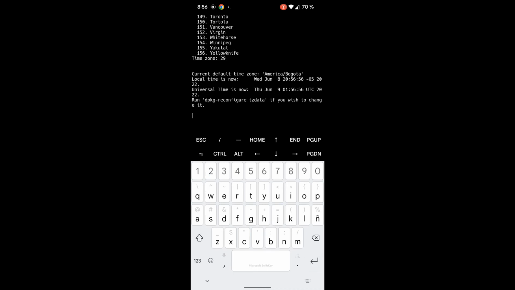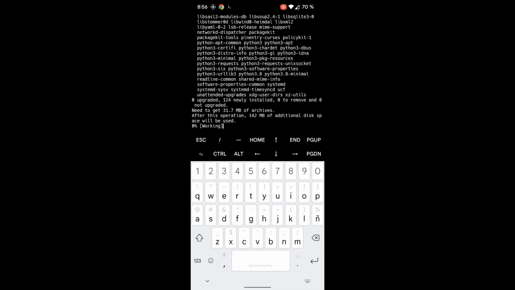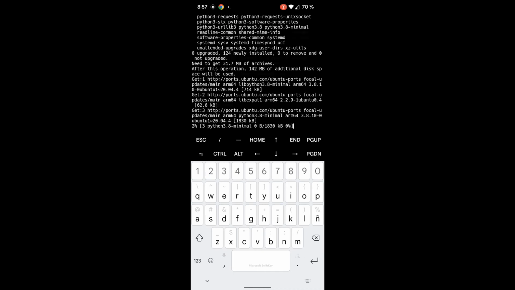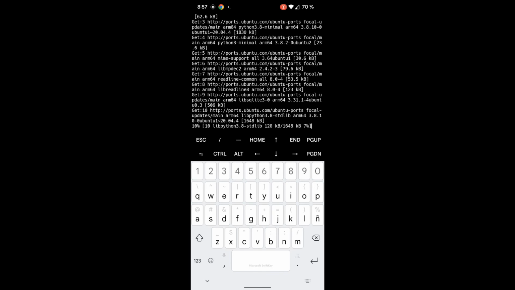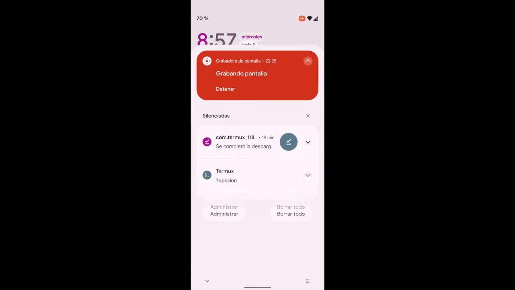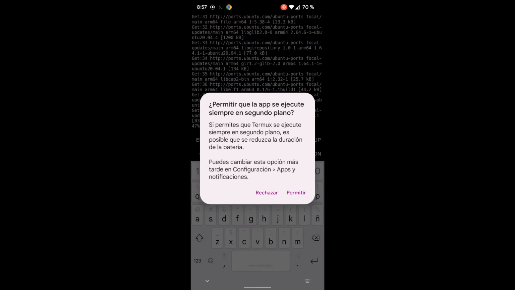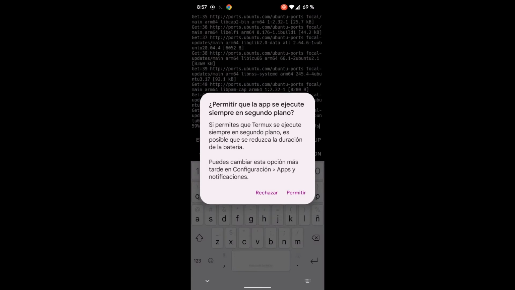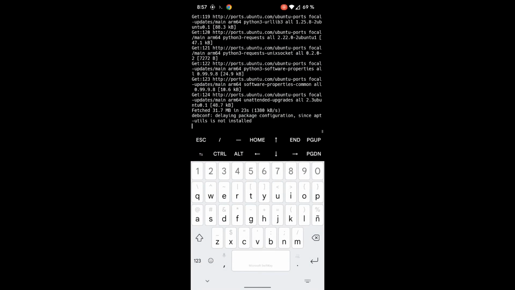that is, the CPU frequency will drop to save battery, but we don't want that because that would increase the compilation time. So to avoid the CPU entering into sleep mode, you can open your notifications panel, and in Termux, press Acquire Wake Lock. However, this does not work on all phones. If it doesn't work for your phone, then you would have to change your screen timeout to infinity from the